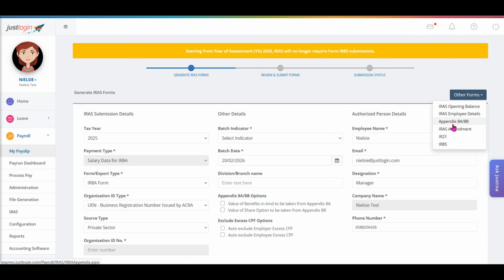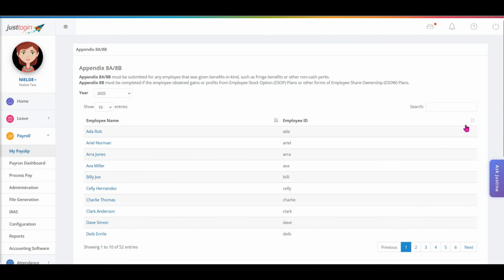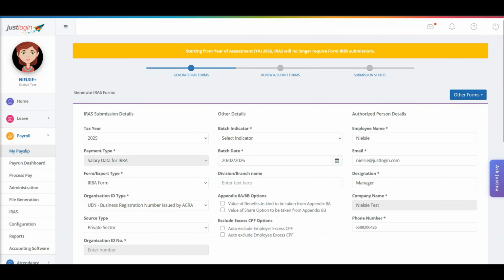To update Appendix 8A and Appendix 8B, go to this page where you'll see other forms with a drop-down menu. Click on the drop-down and select Appendix 8A or Appendix 8B, then update the fields on this page accordingly. If you need a step-by-step guide on how to update these appendices to appear on the IR8A form, we have a separate guide available. If these are not applicable to your company, you may skip this step and proceed with